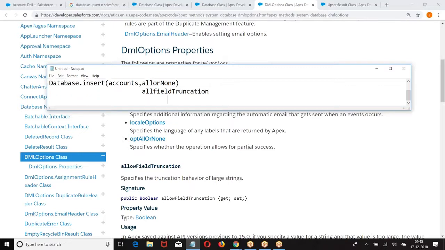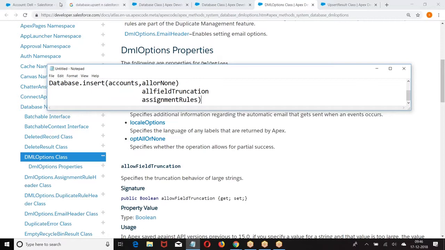Or you want to apply any assignment rules. I hope you got my point. Whenever a new lead is assigned, based on the assignment rules, decide who should be the owner of the record. To do that, programmatically also, we can make assignment rules run active.